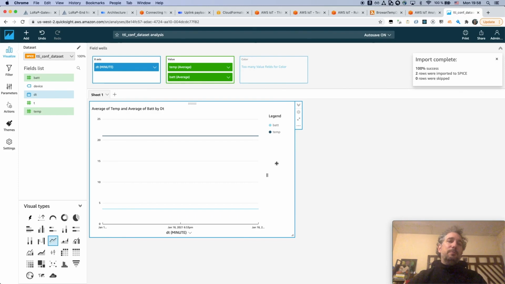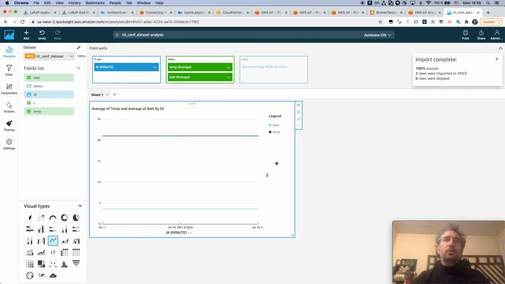So again, this is a very simple demonstration of what you can do with this integration between The Things Stack and the AWS IoT Core by leveraging the power or the convenience of using this LoRa data